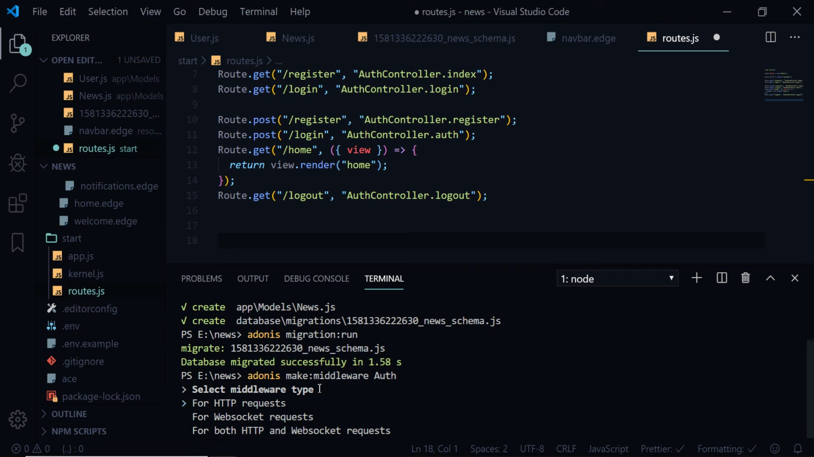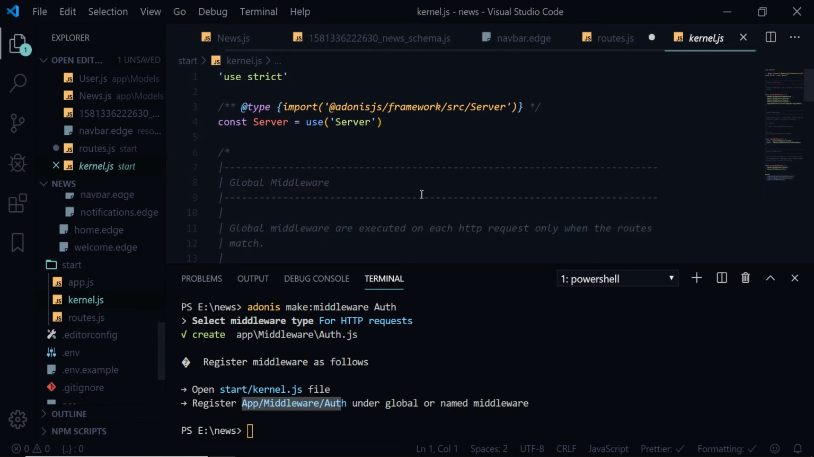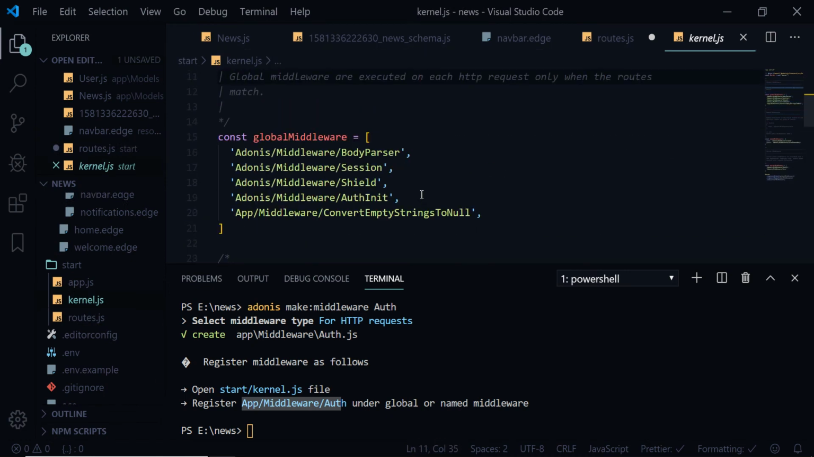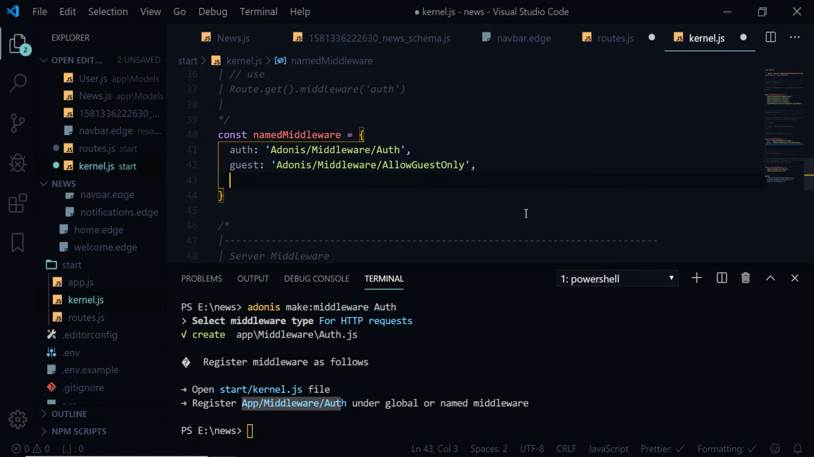We are going to create middlewares for HTTP requests, so just doing that will do. After that, we need to go to kernel.js and register the app middleware here like this. If you see, this has global middleware. If you do this here, it will affect all the URLs without explicitly mentioning, but we can have named middlewares. So here we can mention that our auth app should be